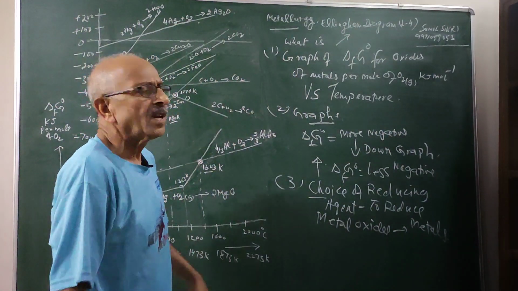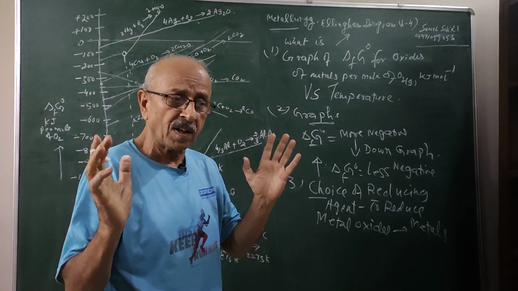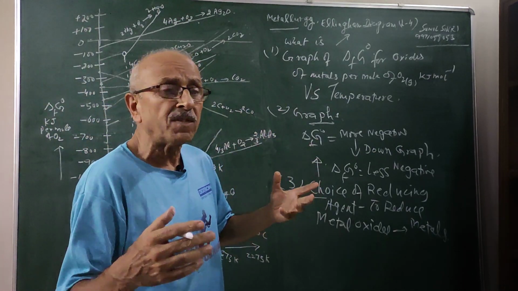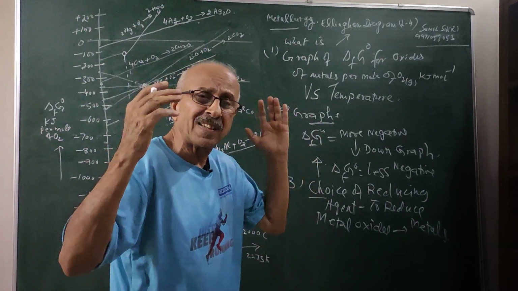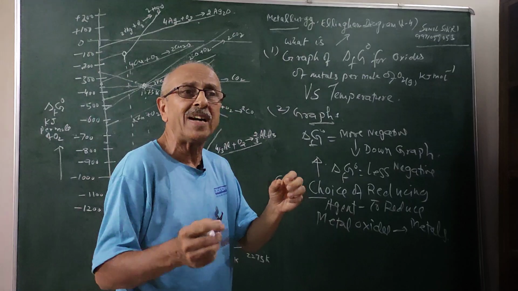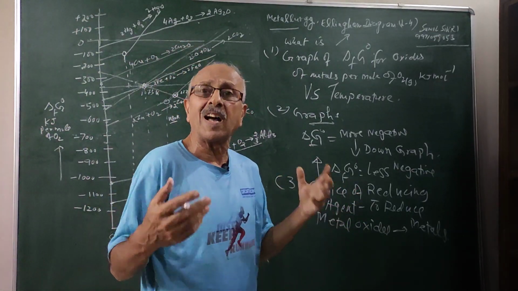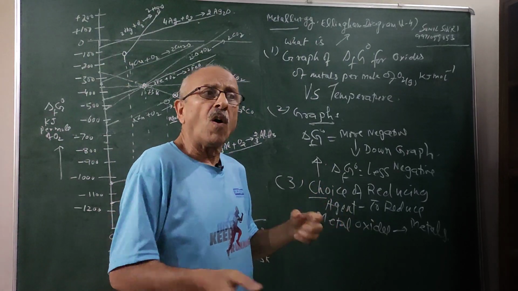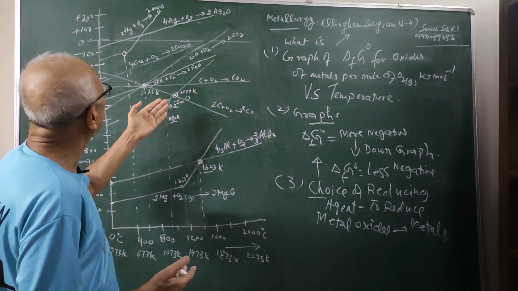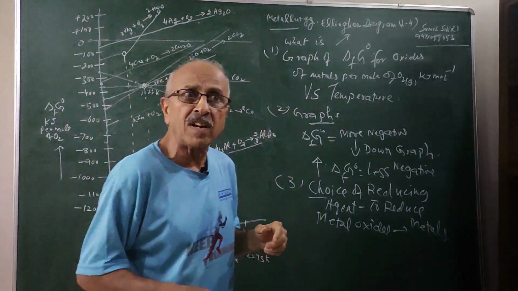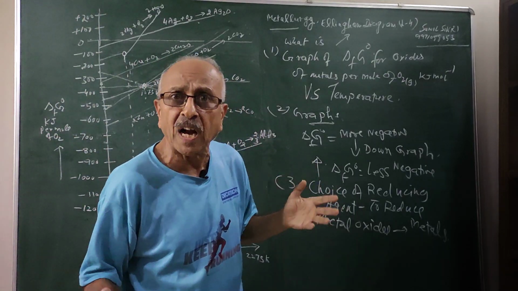What we are doing, students, we have done roasting, we have done calcination, so we obtained oxides of the metals. And why did we get oxides of the metal? Because it is easier and economical. It costs us less to reduce oxides of the metal by using a proper reducing agent. Our reducing agent most of the time could be carbon monoxide, or some other elements lying below, such as magnesium, aluminium, iron, zinc. Even they can be used as reducing agents, and we will tell you which is the best reducing agent for a particular oxide of the metal.